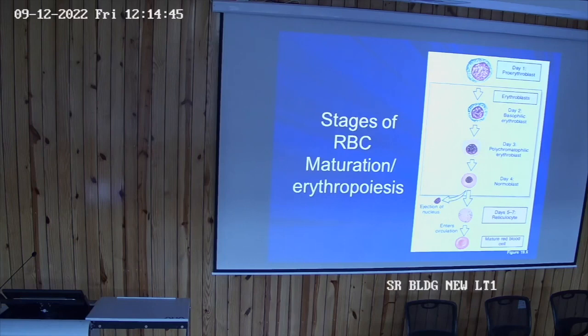Another important change, the nucleus. Okay, finally at the stage of normoblast it becomes a condensed form of nucleus, and that has to be excluded or removed from the cell. Okay, pyknotic nucleus, and that has to be removed from the cell. If it is not removed, then it will not result into a reticulocyte or a mature RBC. Clear? Okay. Now for this process to take place,